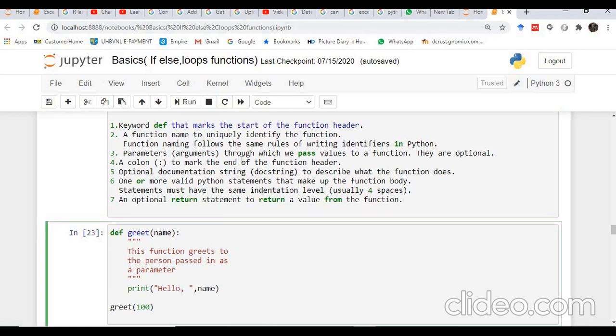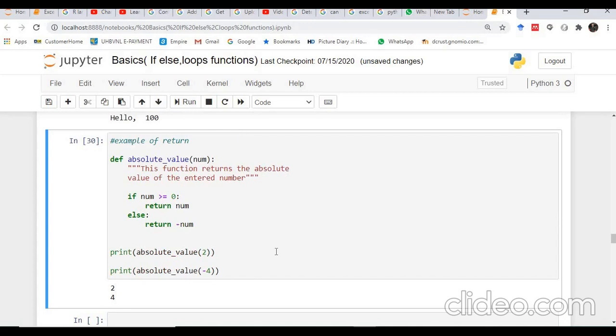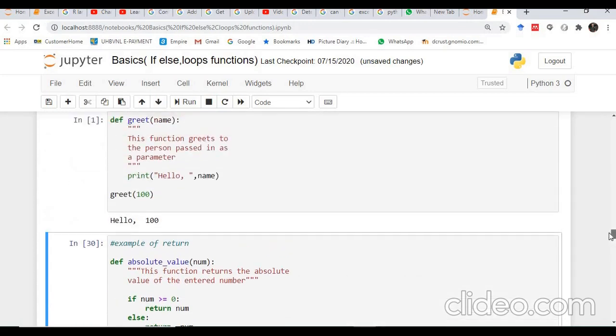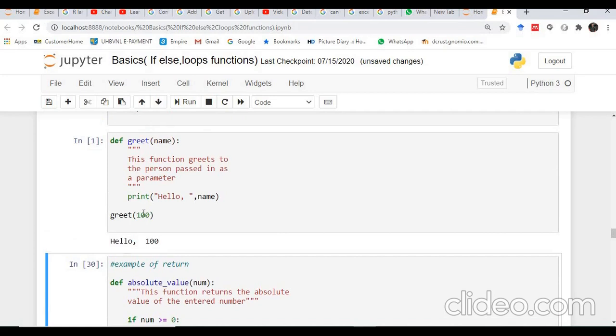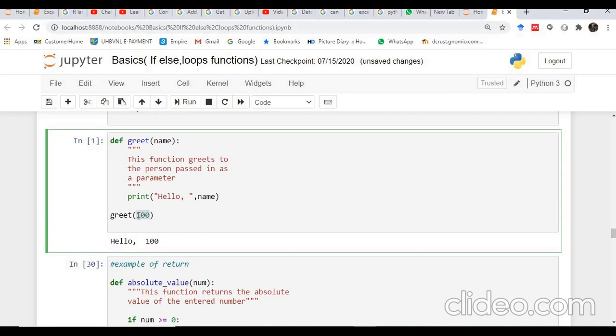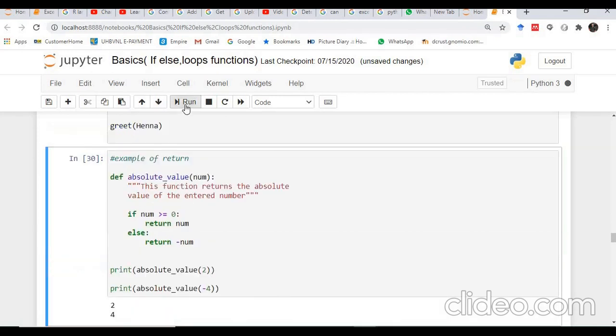Let's execute this function and see. It takes this value and prints hello, with that name. Let's change this value to Hannah and re-execute the function.